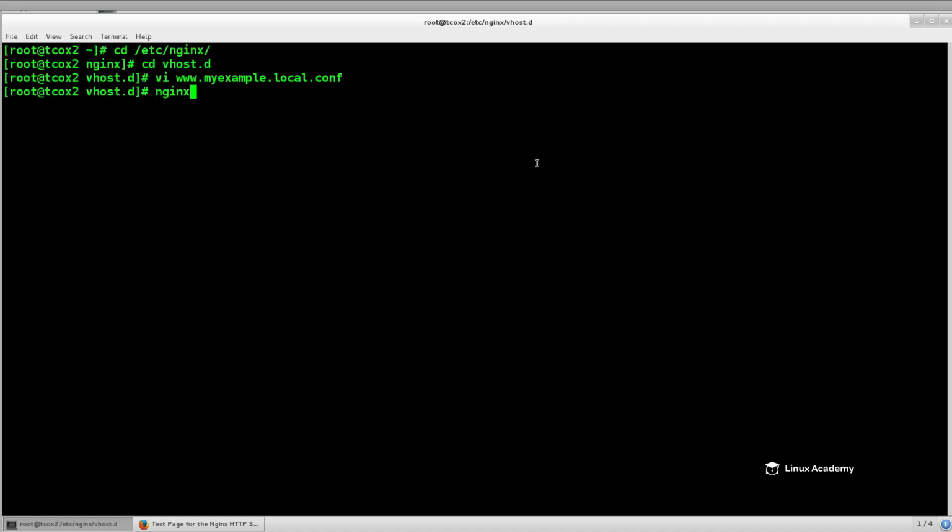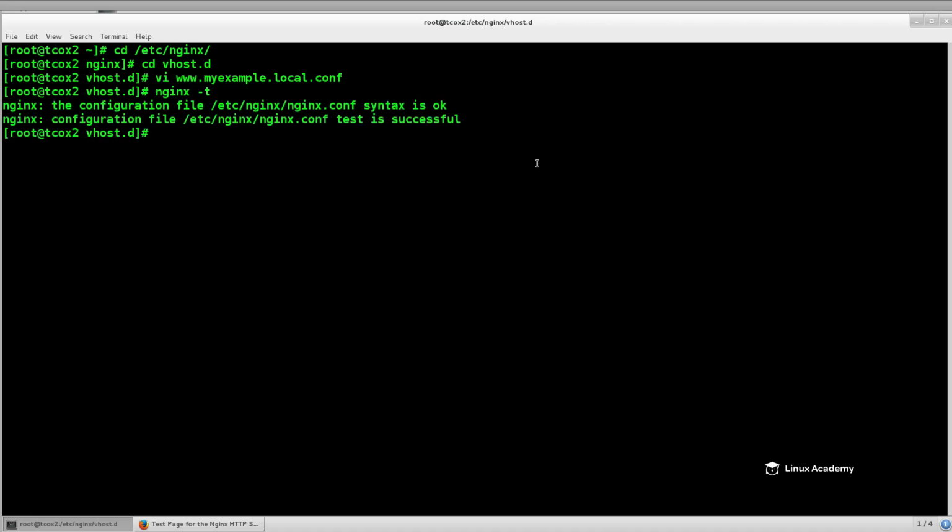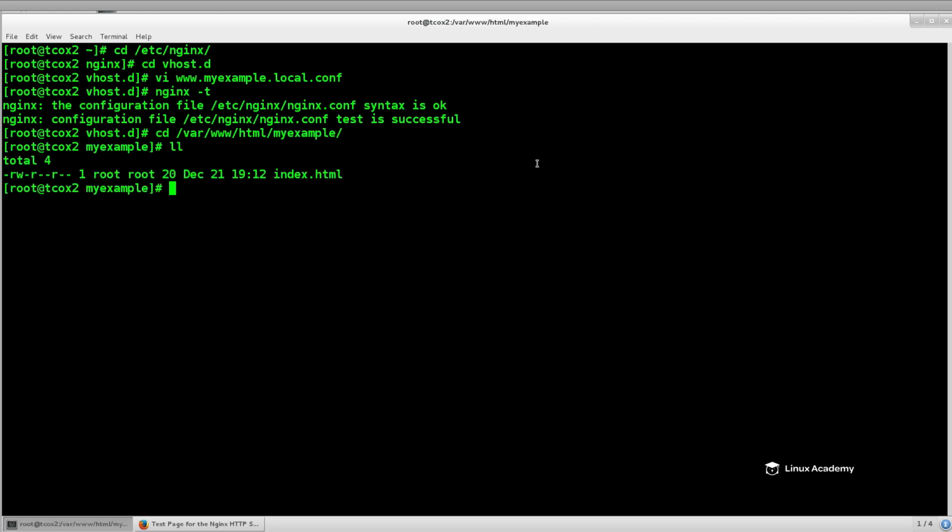We can test it real quick, which if you're using a regular expression, you absolutely will want to do, because any regular expression errors that can occur, particularly with escape characters or other items, will be caught in the Nginx test. So let's go over to cd /var/www/html and myexample, and we'll see there's no